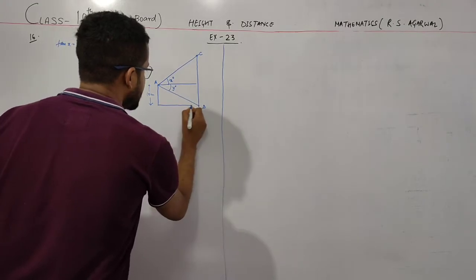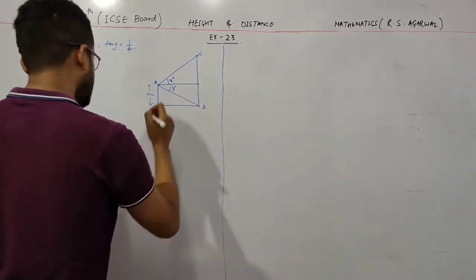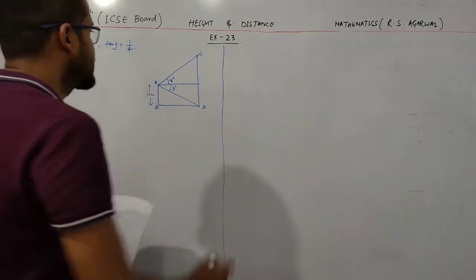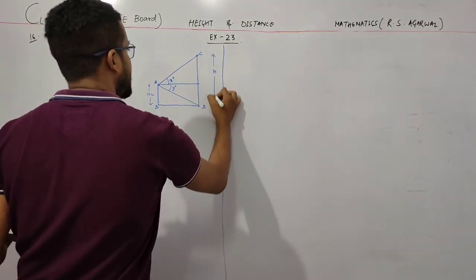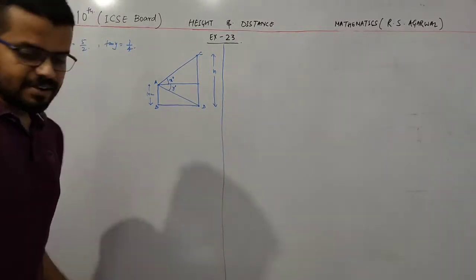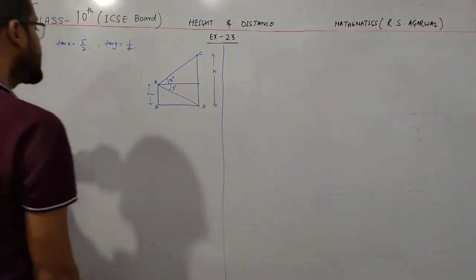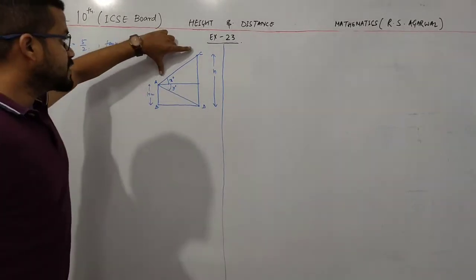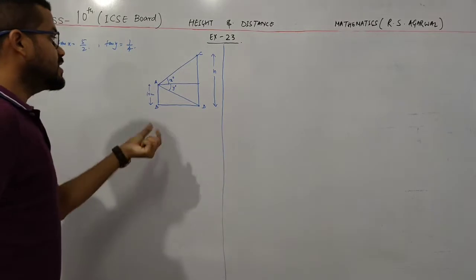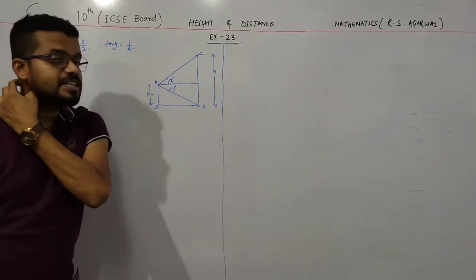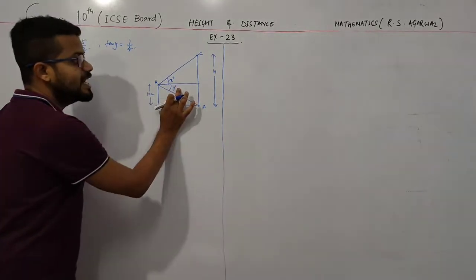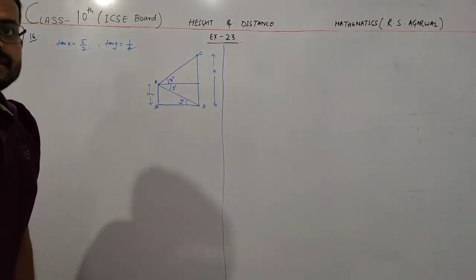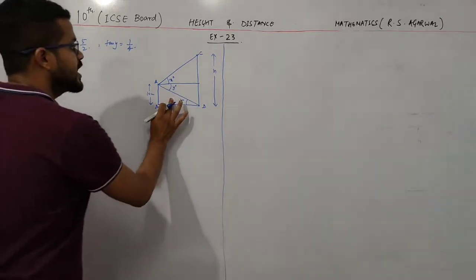See the figure given alongside. This diagram is given in the question. This is B. Calculate the height CD of the tower in meter. There are two parts to the question: in the first part the angle of elevation is given, and in the second part the angle of depression is given. If this angle is y degree, then by alternate angles this is also y degree.